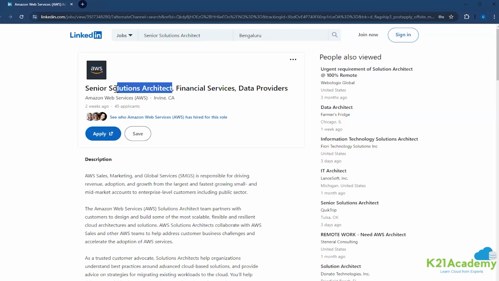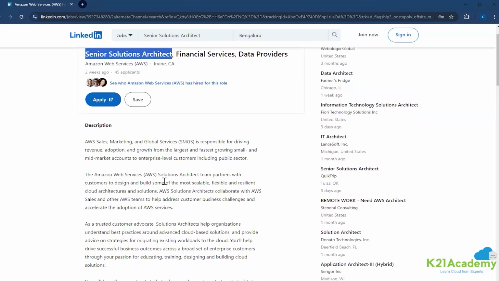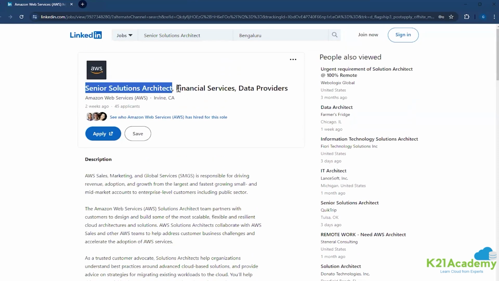Senior solution architect, financial services. A solution architect role is not just about migrating the workloads to cloud. When it comes to fintech, there are even more stringent compliances, right? You're handling payment card, credit card details, transactions. It could be banks. Applications are hosted in cloud. For example, I know some banks based out of the UK that host their workloads in AWS, but the same replica is also being hosted in GCP.